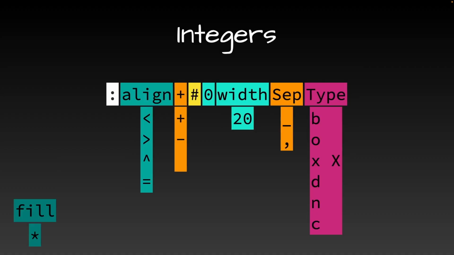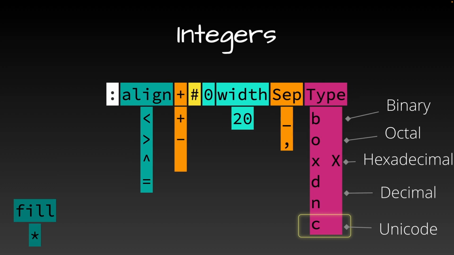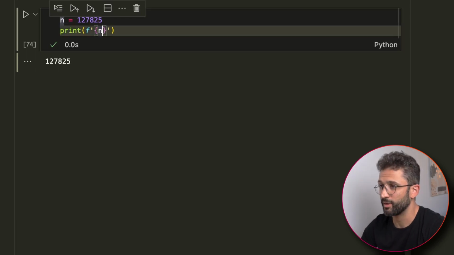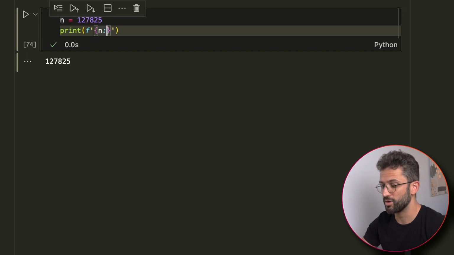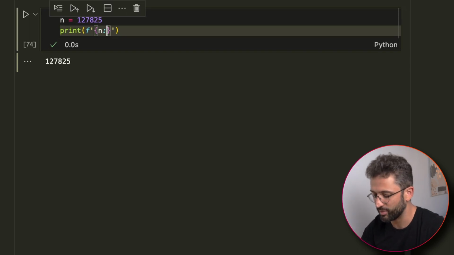So looking at the documentation, for integers, we have these types available: b for binary, x for hexadecimal, o for octal, and kind of weirdly, we have this c to print out our Unicode character that corresponds to that code point. There are better ways to do that in Python, a little bit more Pythonic. I don't know why they did it, but it's there. Let's try these options out now. Let's type our colon to tell Python that everything that comes after the colon is the format specifier, remember. Now let's skip everything and go straight to the last option, that is the type, and let's put a b